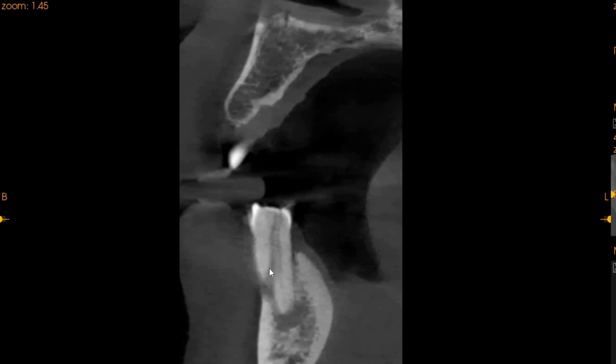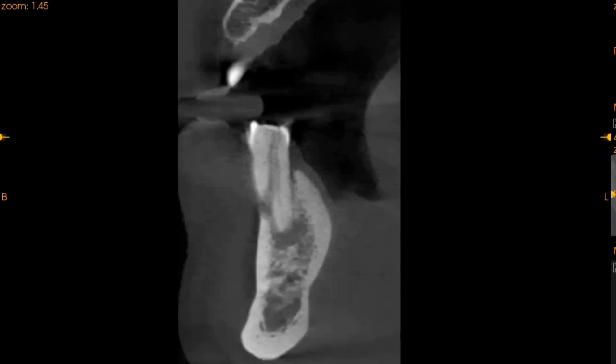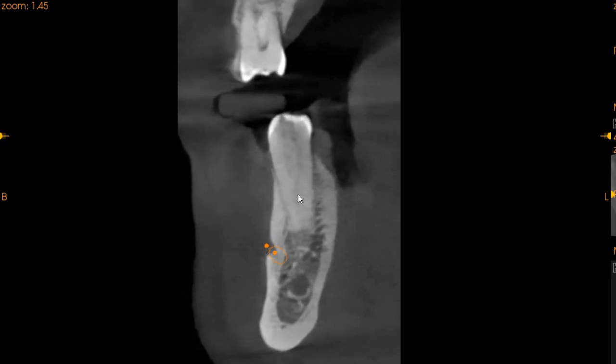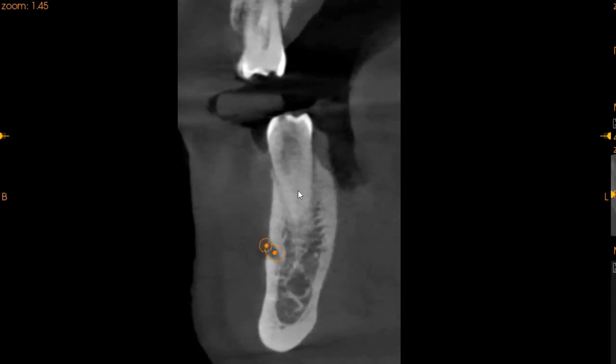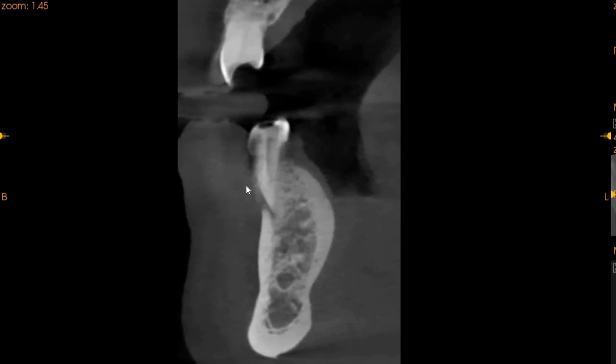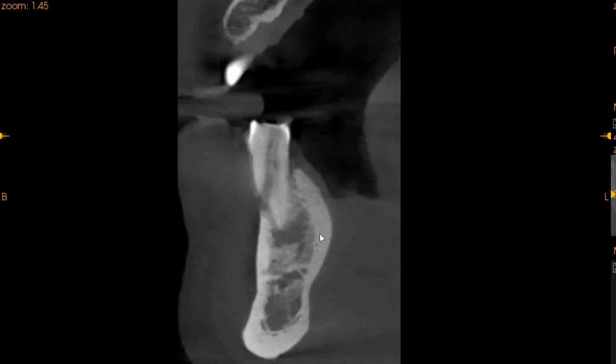The buccal cortical plate appears to be quite significantly resorbed. But if we look at the association of the mental foramen, it is quite close to the second premolar. And if we are moving mesially, we can see that the exit of the mental foramen is quite far away from the fractured first premolar. There we go. This is the fractured first premolar. The bone around it, the cortical plate on the lingual side, is quite thick, and we've got sufficient engagement area